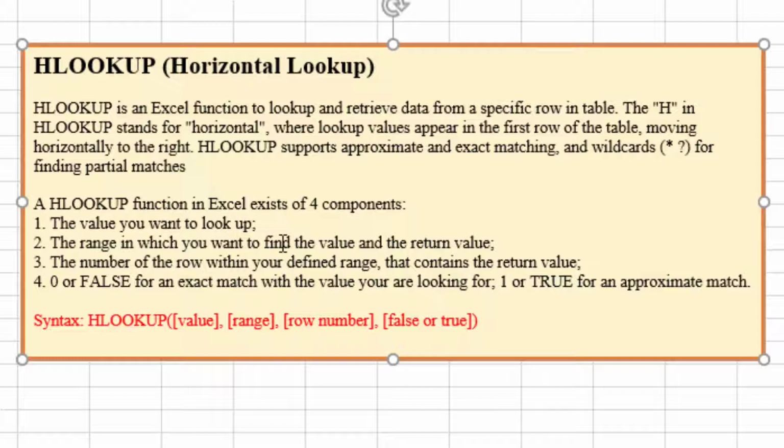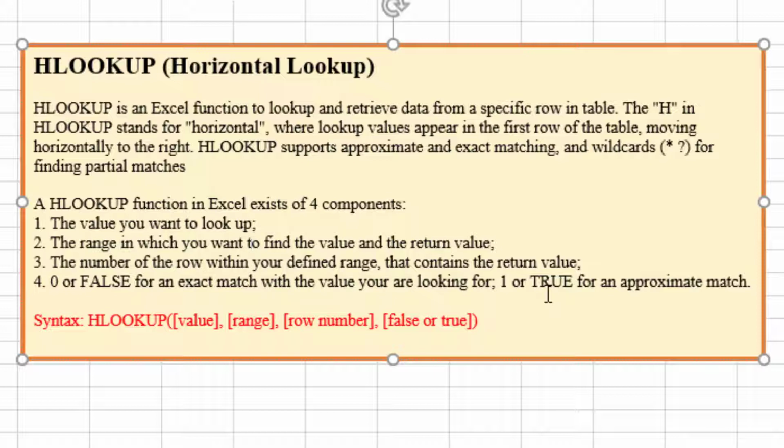So, as we have already said with other functions, the lookup has four components: the value you want to look up, the range in which you want to find the value and return the value, the number of rows within your defined range that contains the return value, and 0 or false for an exact match with the value you are looking for,